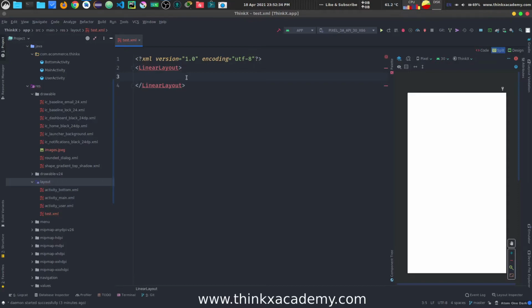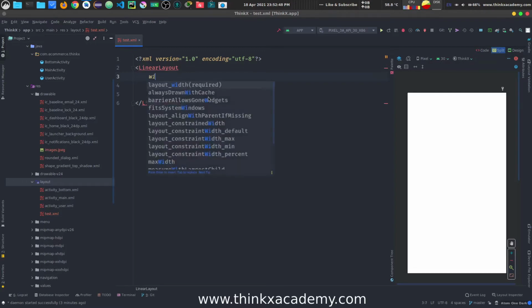Now every layout in Android Studio, whenever you create a new layout, you will have to write some specific parameters here to specify the width and height of the layout. It is very important, and it is required. If I type WI, it will automatically show me a suggestion here which is layout underscore width, and it also shows here that it is required, right?